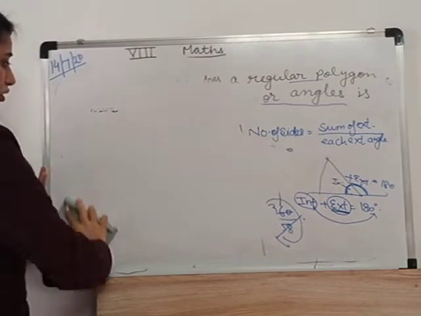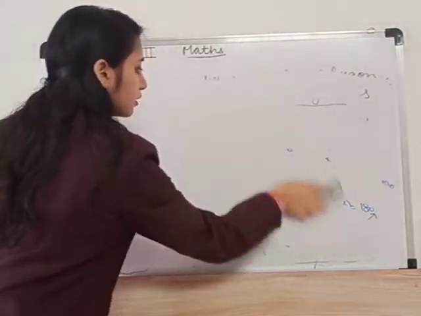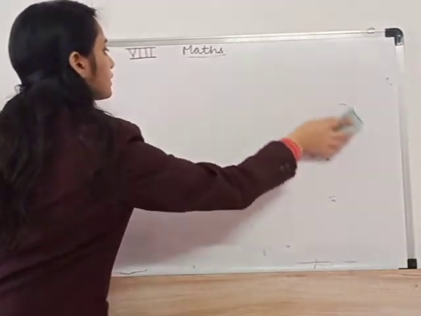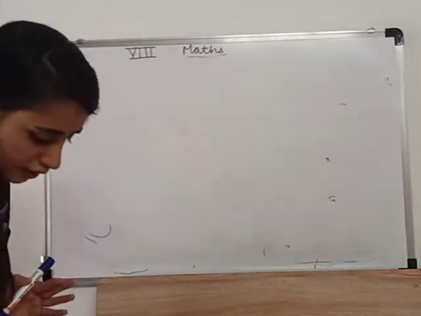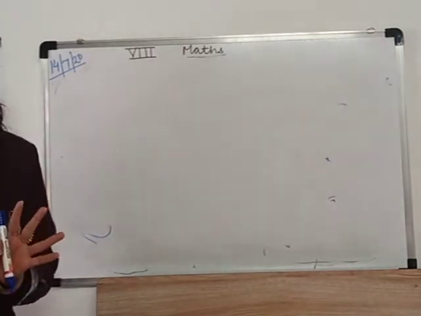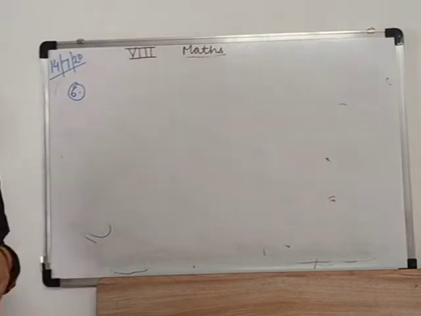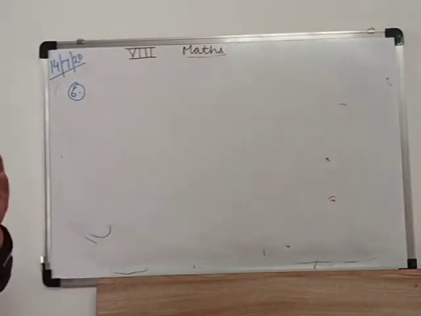As we just solved and checked, we already checked that 22 degrees is not possible as an exterior angle, as well as an interior angle of any polygon. Okay. So what is in the next question? Now we have to find what minimum interior angle is possible for a regular polygon.